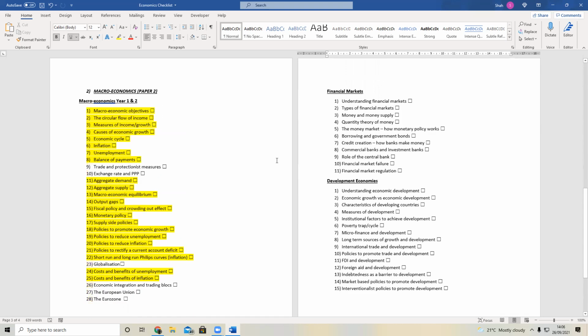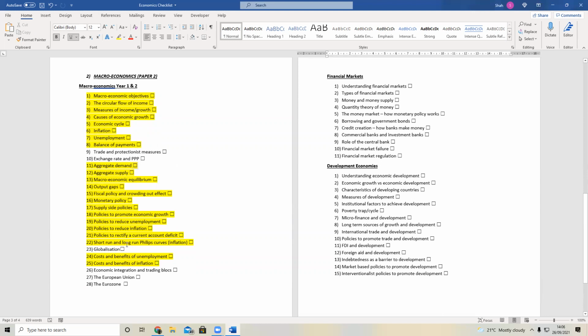In terms of macroeconomics, in year 1, we did the yellow highlighted part. I'll send you all of these documents anyway. We did the yellow highlighted part, and that counts as your year 1 content. So if you could go over that, Ijaz, and if there's anything you struggle on, you can just tell me again. But everything is properly explained in the notes anyway. Don't feel afraid to ask any questions. You're paying for this, so you have to get the most out of me.